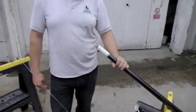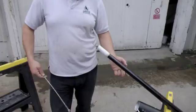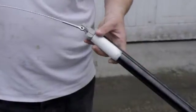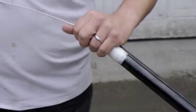We're now back into threading these halyards back in. There's several ways of doing it. I quite like to use a shroud. So you need to remove the sheave from the main halyard, and if you've got a shroud you can simply just pass it straight down